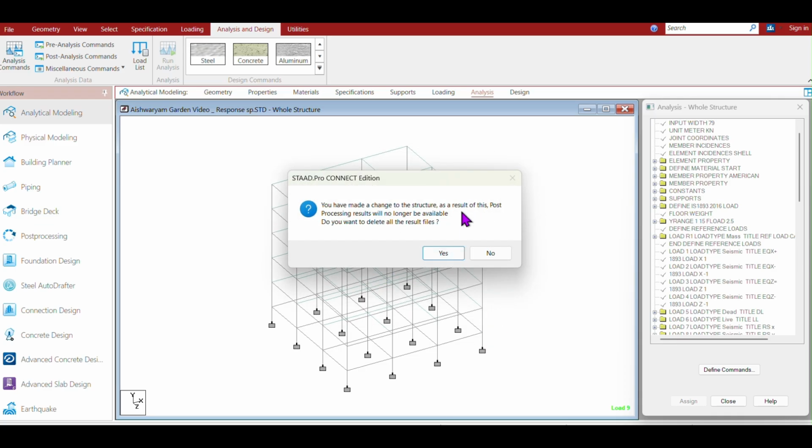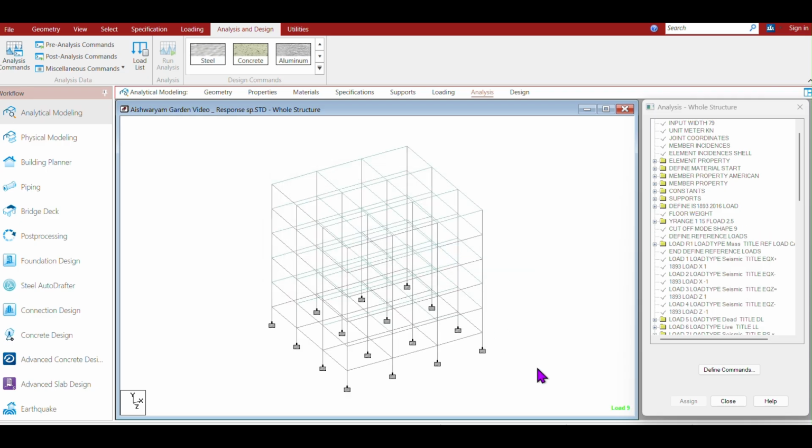You have made a change to the structure. The process will no longer be available. Do you want to change it? Yes, you press okay. Now we have set the mode shape to 9. Again you are required to